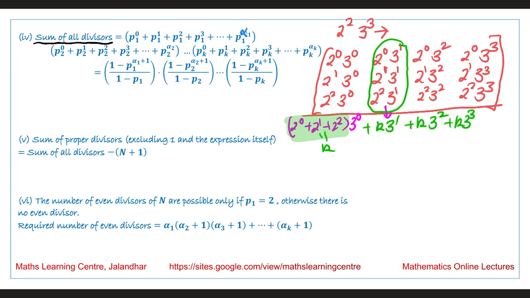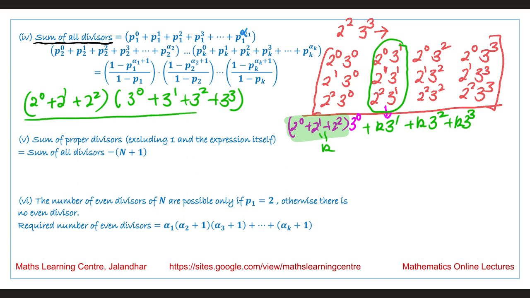If we take k common, we are saying it is 2 raised to the power 0 plus 2 raised to the power 1 plus 2 raised to the power 2, into, we are left with 3 raised to the power 0 plus 3 raised to the power 1 plus 3 raised to the power 2 plus 3 raised to the power 3. So similarly, if we generalize this result, we have the general result in the form that the sum of all these values is